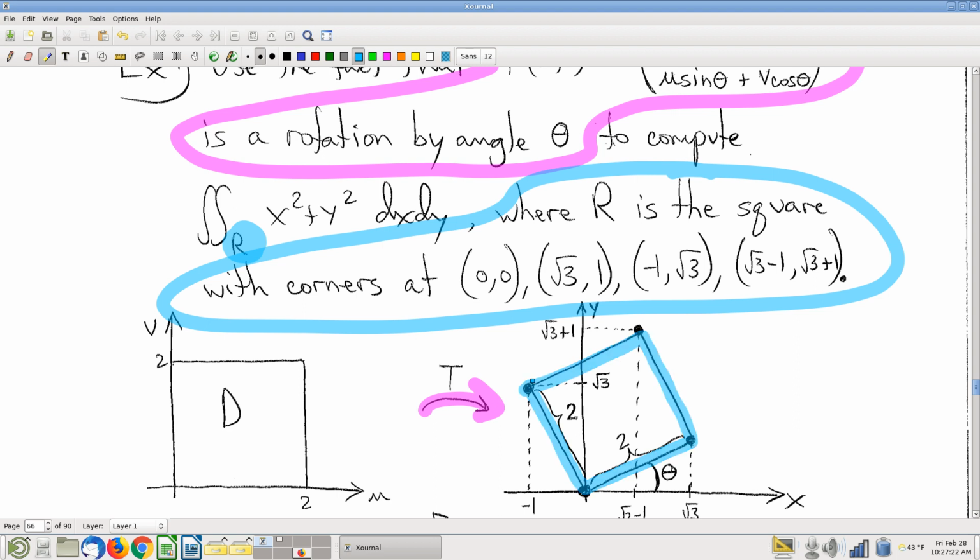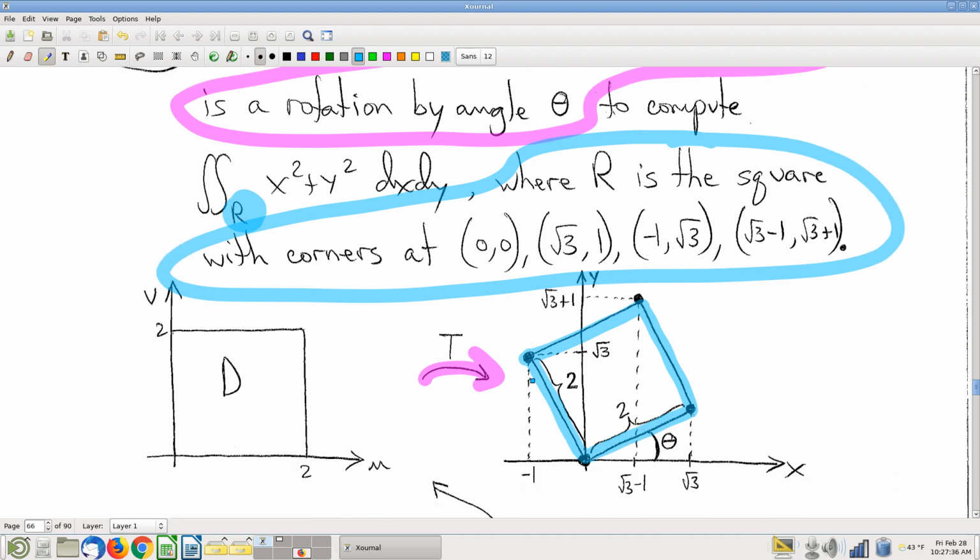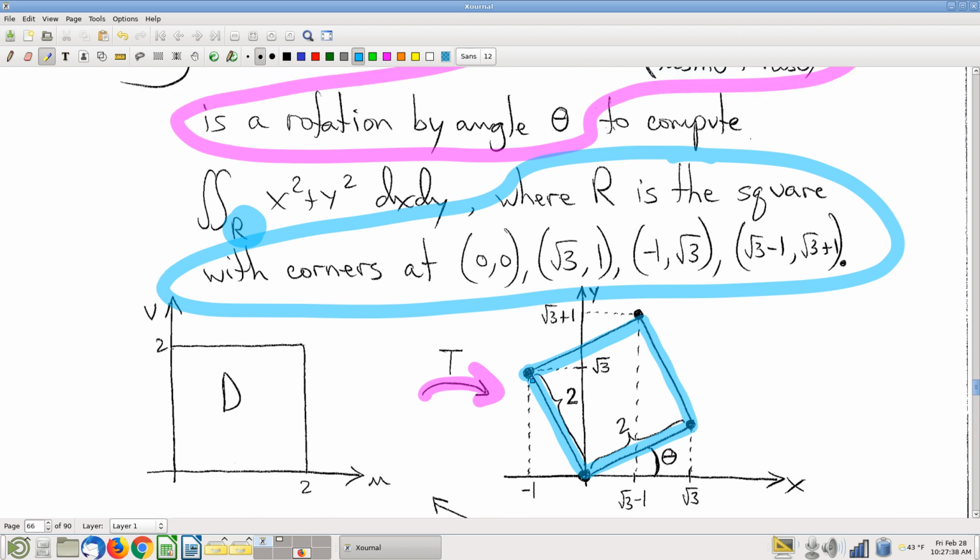So the big idea is, with all this given, to figure out how I can use this category of functions, this template formula for rotations, to do a pullback. Is this square a rotation of something nicer? And you've got to think creatively. The pullback domain's not given here. But if I give you a tilted square and I ask you how this is a rotation of something nicer, there are different ways you can do it, I suppose, but